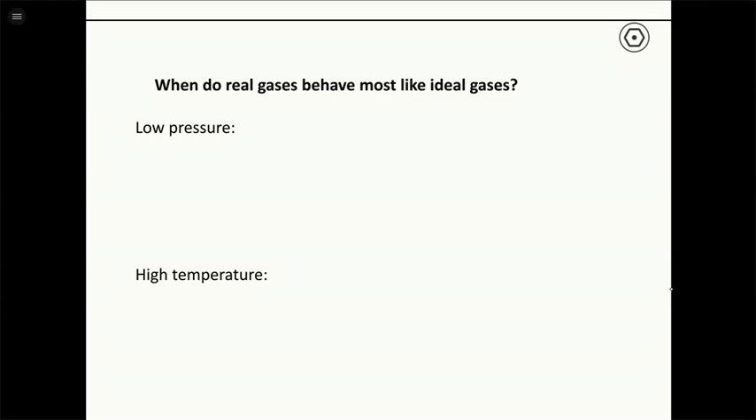So if we want a real gas to behave most like an ideal gas, if we want it to follow PV equals nRT as closely as possible, there are two conditions that we would want to have in order for the ideal gas equation to work best. So the first is a low pressure, because at low pressure,